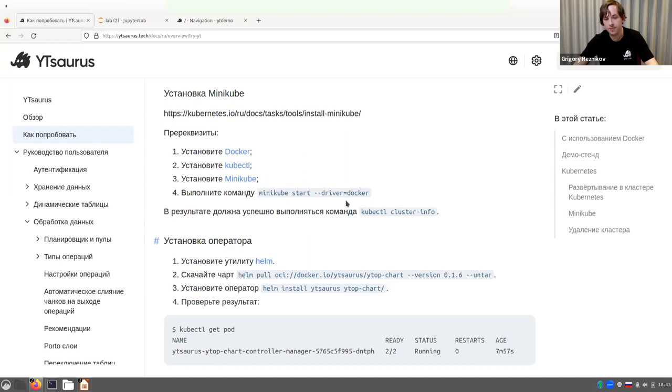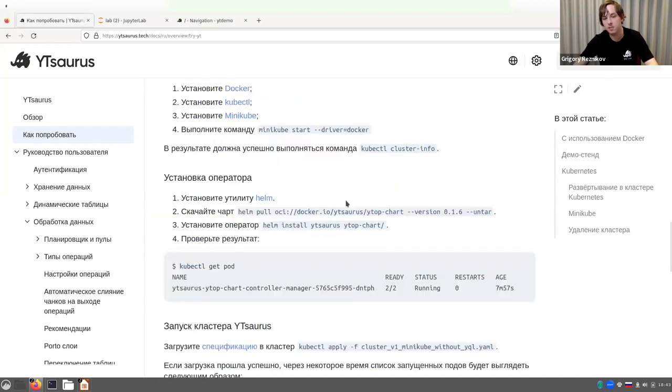After the Minikube cluster has been installed, it is necessary to install the operator for YTsaurus. This is a program that manages the execution of YTsaurus in the Kubernetes cluster. It is responsible for deploying various components, installing, updating, and much more. To do this, you need to install the Helm tool that manages packages in Kubernetes